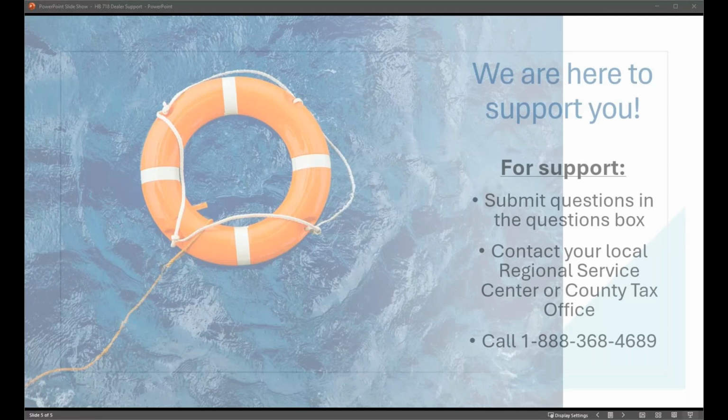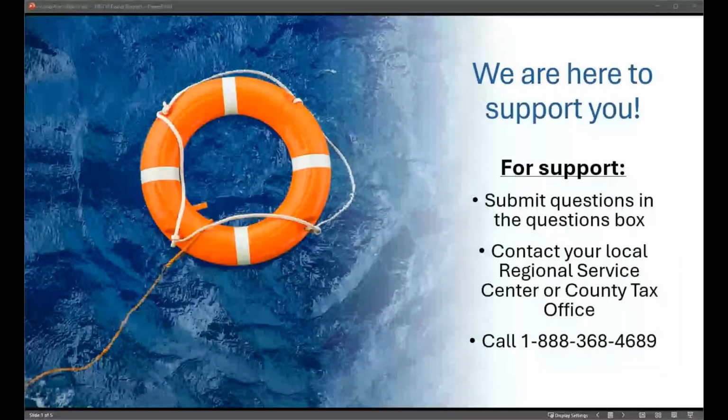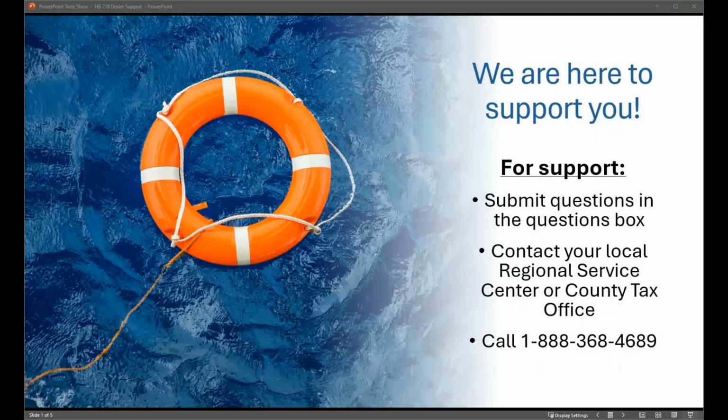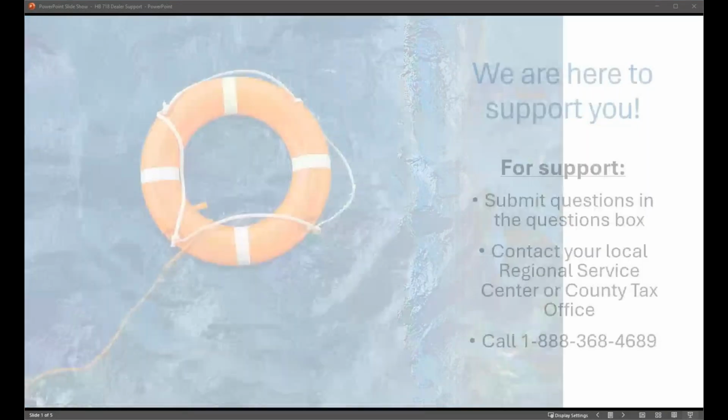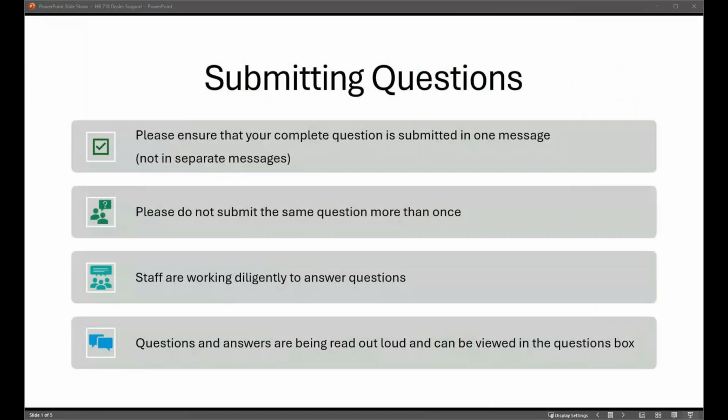If we purchased a vehicle before 7/1, do we have to do a VTN before we can put a plate on it? So no, anything that you took in before 7/1, you do not need to do a VTN on. You can still do a VTN, but it's not going to be required for the inventory, because it's not going to transfer the plate to your inventory for anything that you took in before that date.